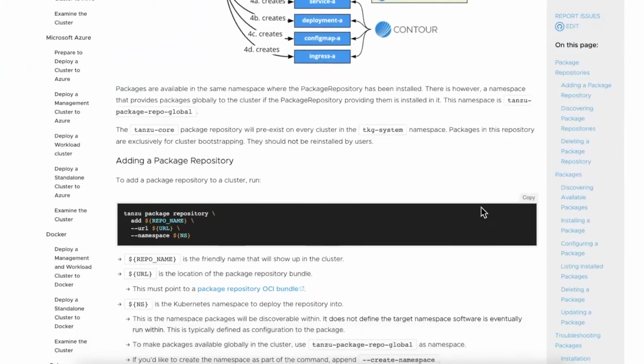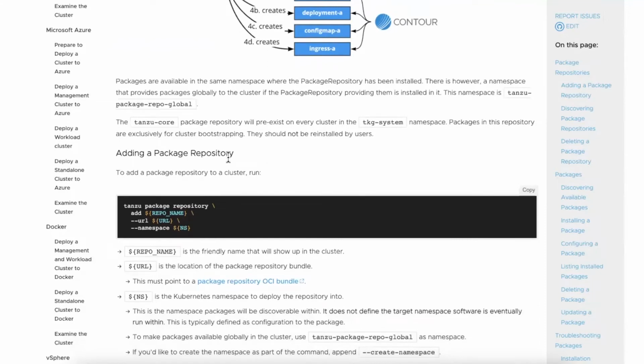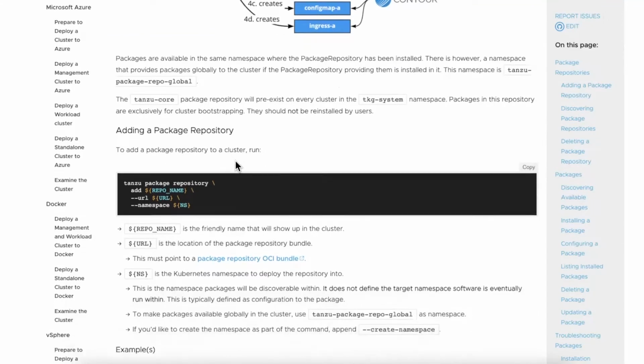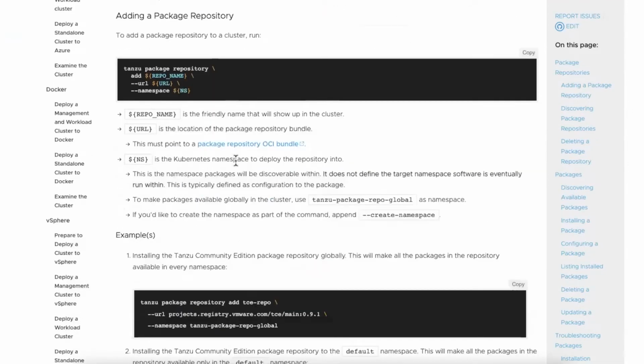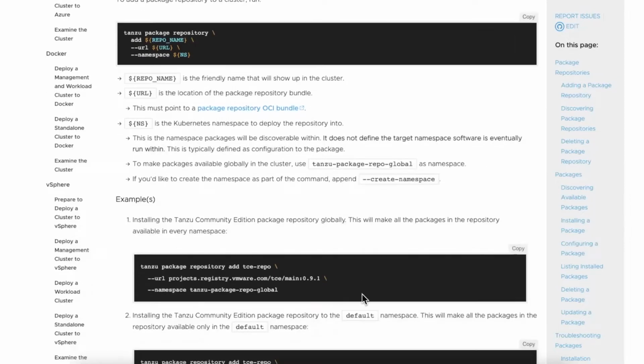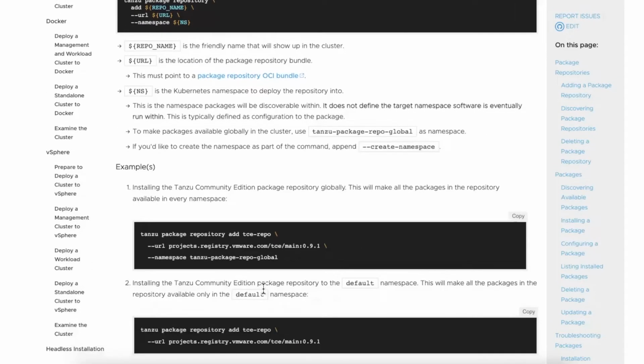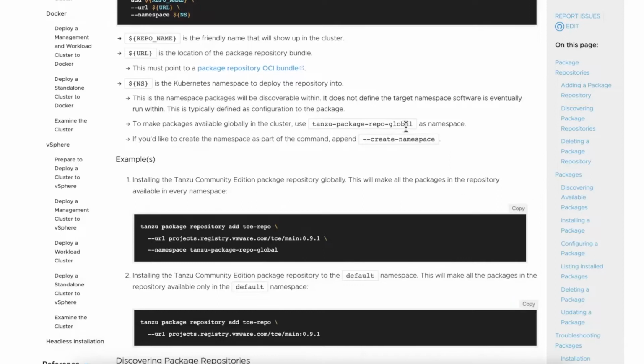Before we start installing the package, the first thing we need to do is add a package repository. When we add the package repository, then we can list the packages available. So let's do this. Let's add a package repository on my EKS cluster.